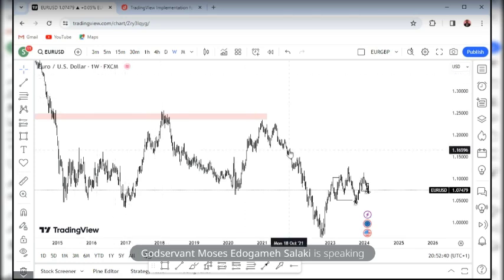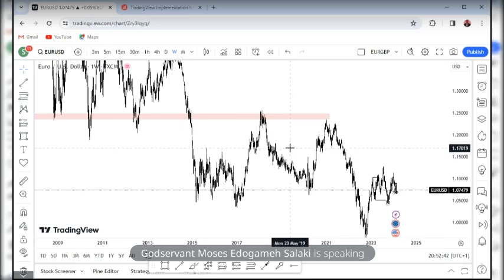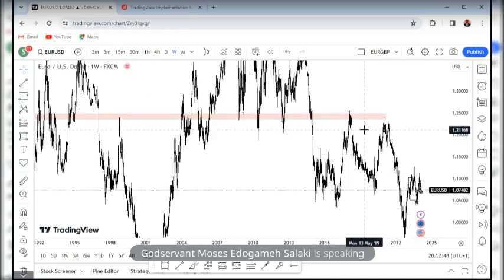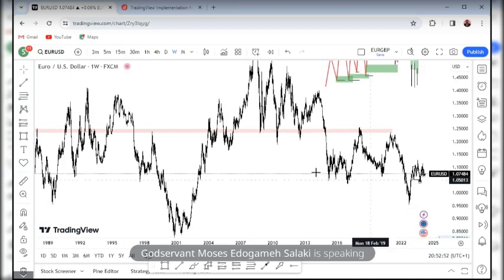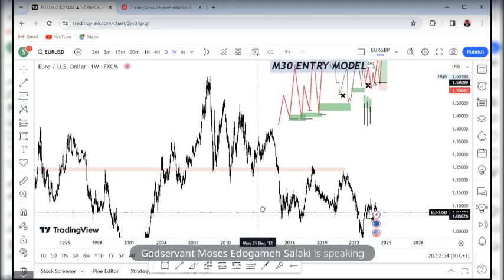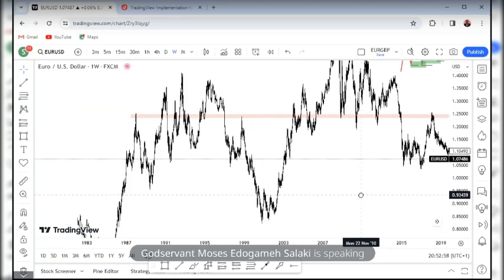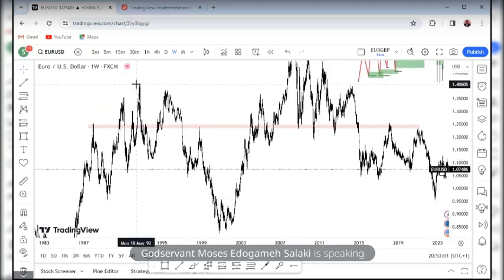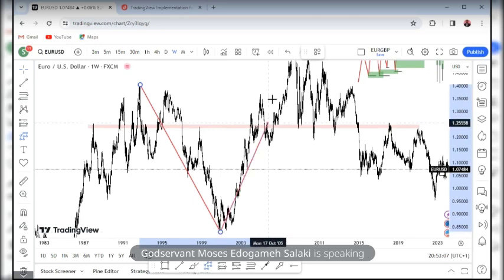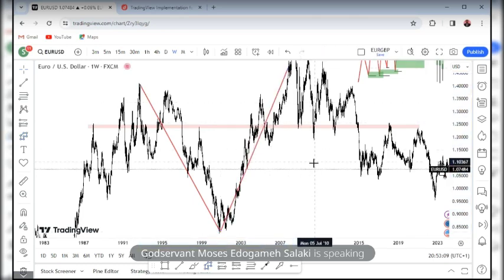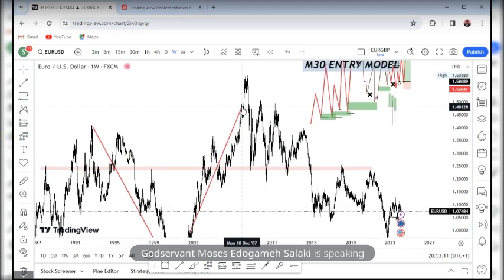Like I said, you want to be able to know where price is coming from. That's the history, the price action. What has price been doing over time? Without even going that far, you will see that when price gave this high, price gave this low, and then price gave a higher high, all of these highs.